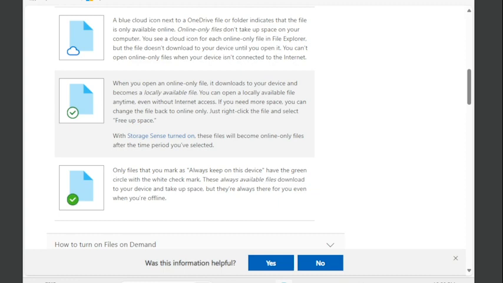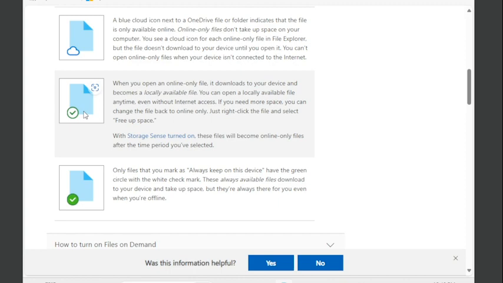To start, let's talk about the three states of sync. Here we can see the three states. The cloud, meaning online only. A green checkmark in a white circle is locally available and will clear up over time based on Storage Sense, and a white checkmark in a green circle, or always on this device. The middle option is configured locally with a system called Storage Sense, which is built in and synced to Windows.